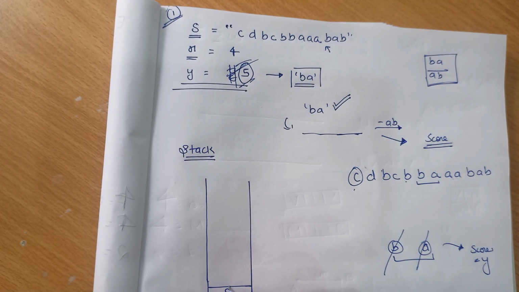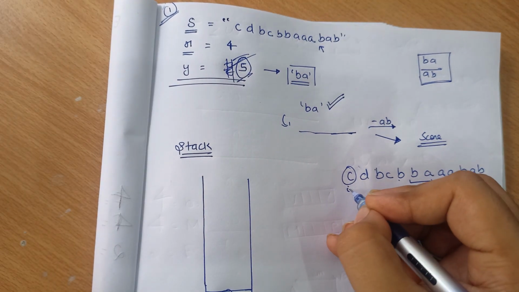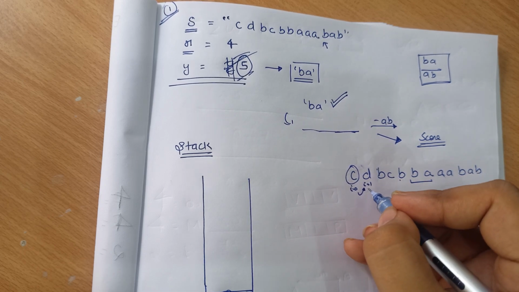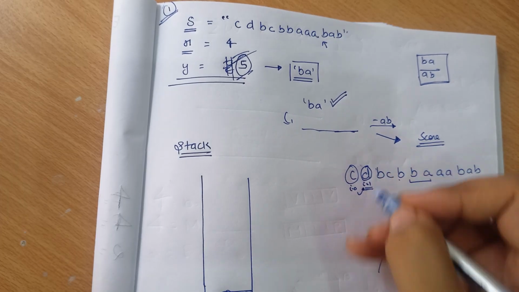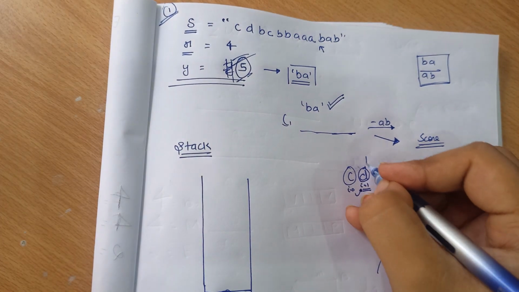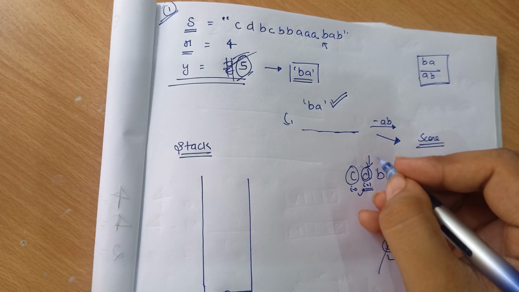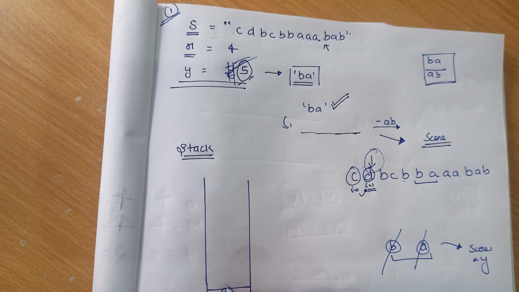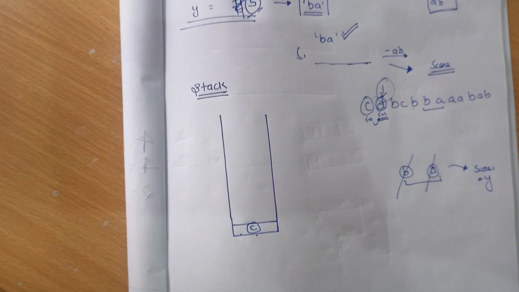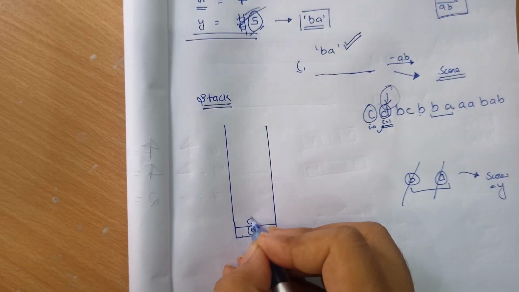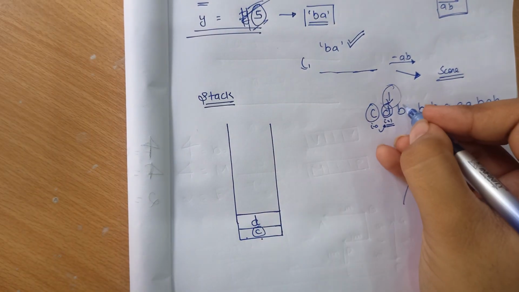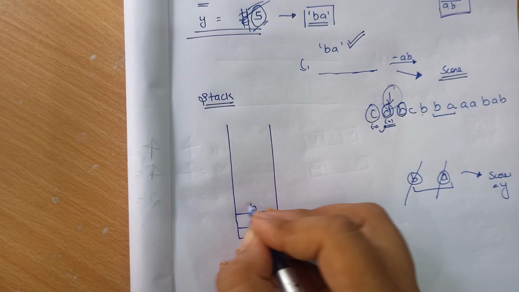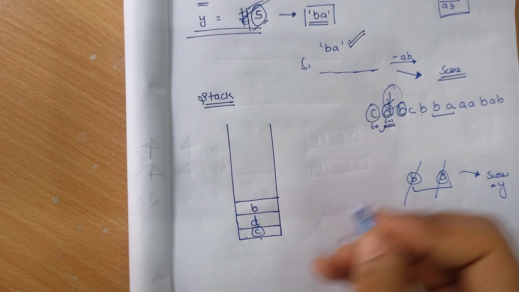So C, after putting C, we have i equal to 0, and after increasing i it goes to i equal to 1, and we check whether the stack is empty. No, the stack is not empty. So we have to add D, as there is no B available here. So we put D also. After that, B comes, and we have to put B also, as no A is